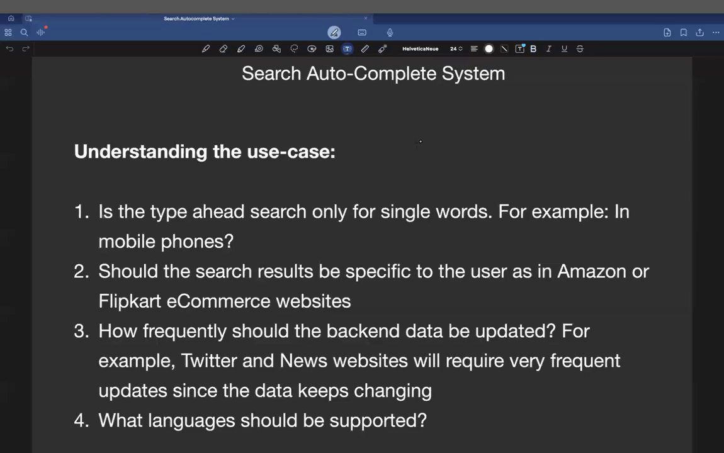Hi everyone. Today we'll cover the system design for search autocomplete. First, let's understand the use case, what we're planning to cover. First, we need to understand whether the autocomplete is for single words, as in mobiles, or is it for a